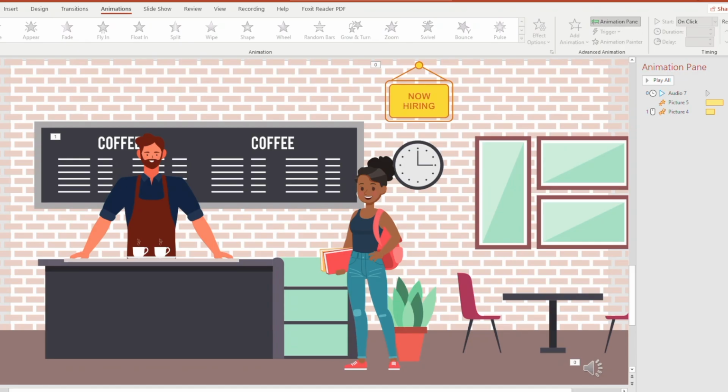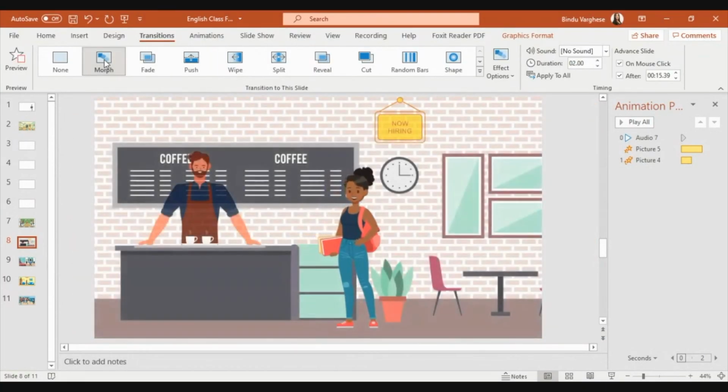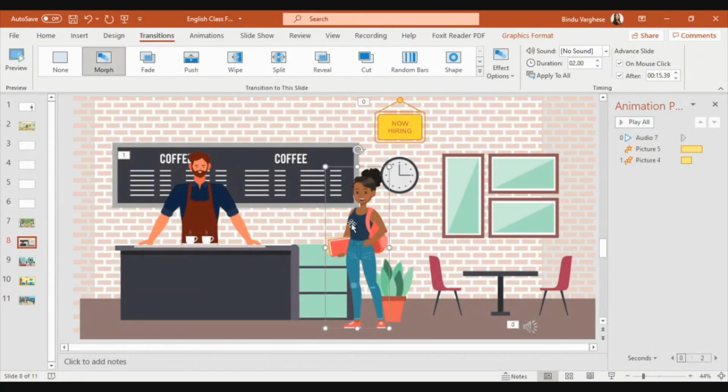Now let's set up the second slide. One thing I want to mention, since we have a main character, in this case a student, we can show her in a different environment. However, we want to create a natural flow from the first slide. So I recommend using the morph slide animation. This will create a really great effect and will make your presentation look like an animation, not a slide deck.